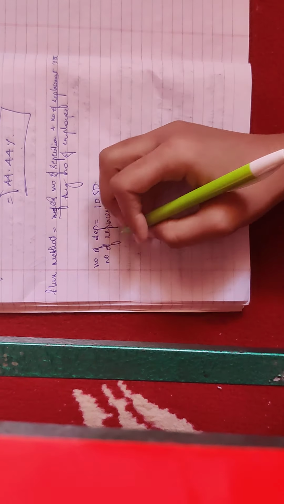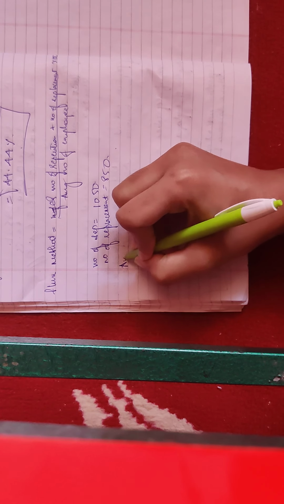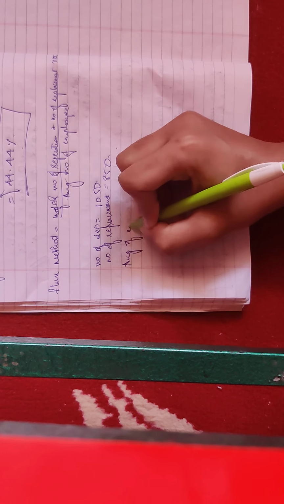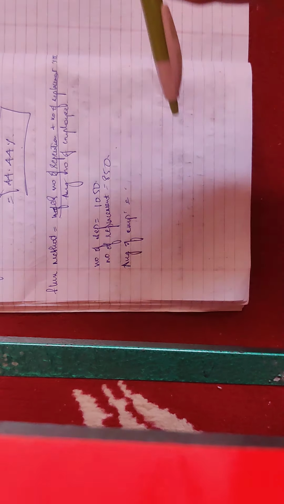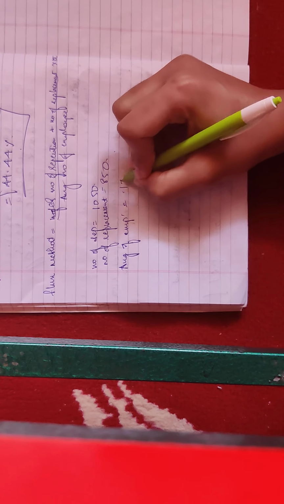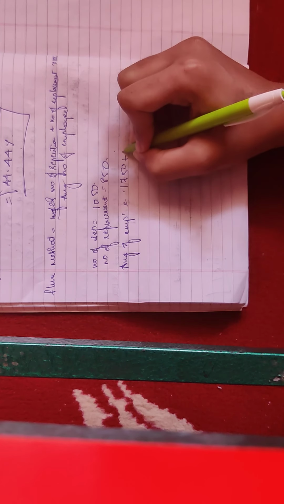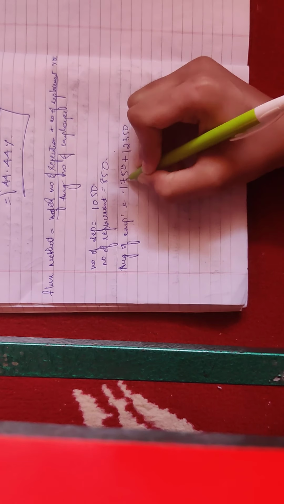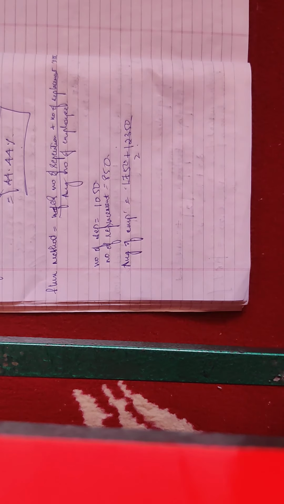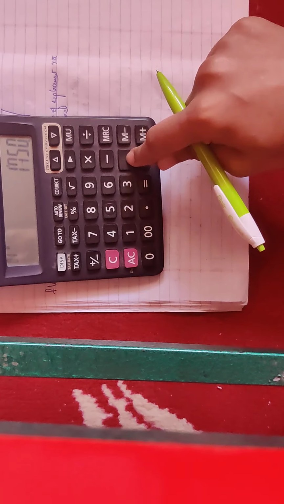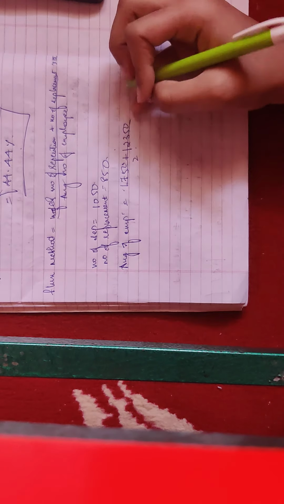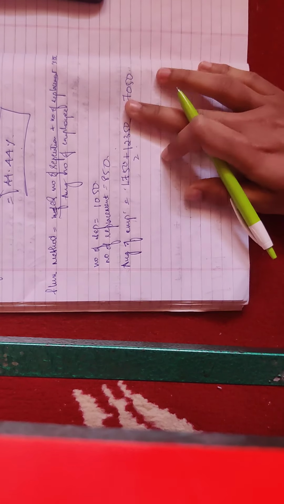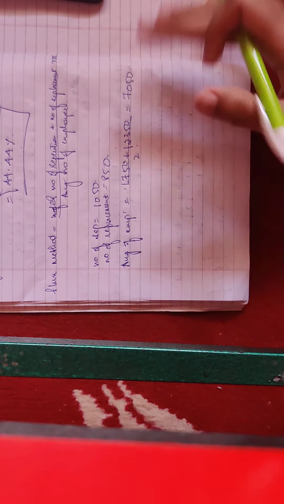Based on this, you will have to calculate your average number of employees. By now, you know how to calculate it. It is your employees at the beginning plus your employees at the end, divided by 2. Employees at the beginning were 1,750, and employees at the end were 12,350. So 1,750 plus 12,350 divided by 2 is 7,050. Very simple, you just have to substitute these into the formula.